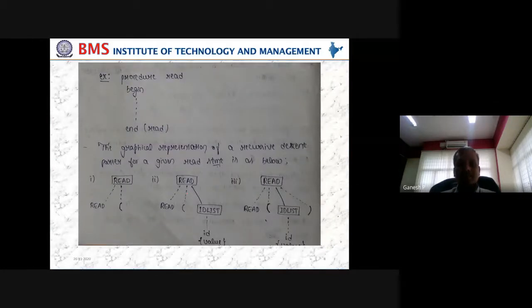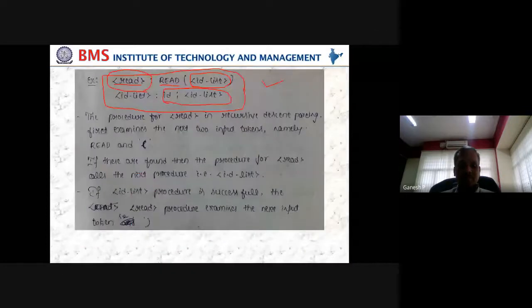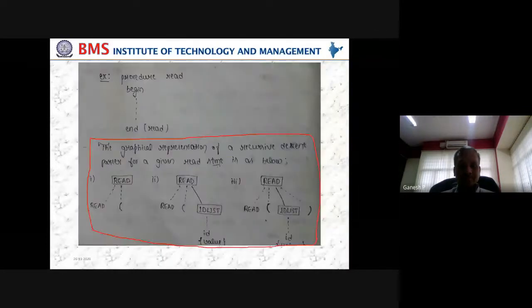So let us take an example, our own example of read, as you have seen just now, in a more practical way with respect to the recursive descent parser. Here we have taken a value, let us say read has some number, or ID list, or ID. Since it is a top-down approach, we take the read as per the definition. Now, two things it is going to have. One is that this read should be a small read; it was written as a capital by mistake.